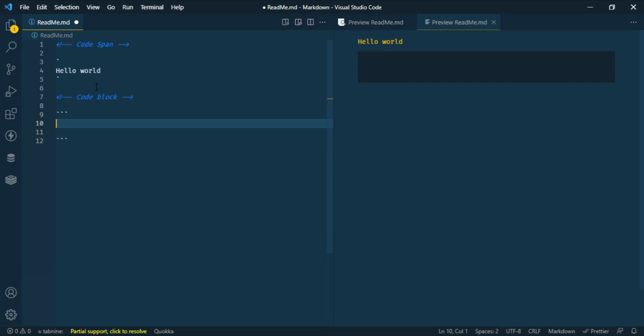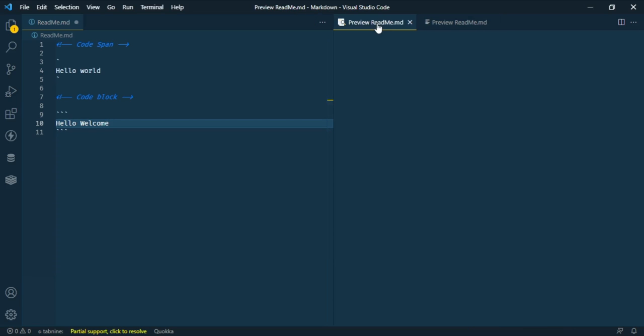Right here you can type anything you need inside this code block, and you can see now we have a dark background, and that is black. So let me type it, maybe hello world, hello, maybe hello welcome. And right here let's show it in white mode,